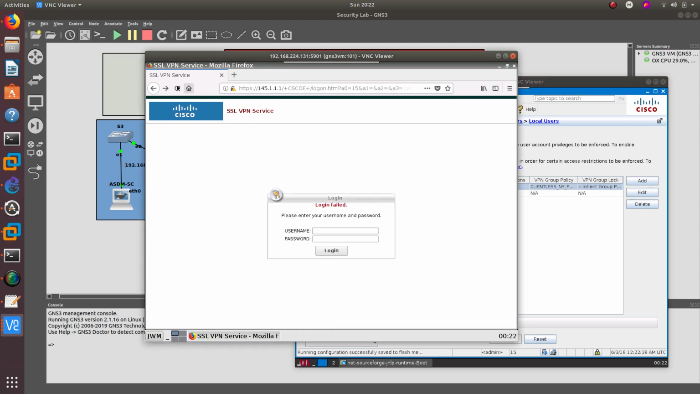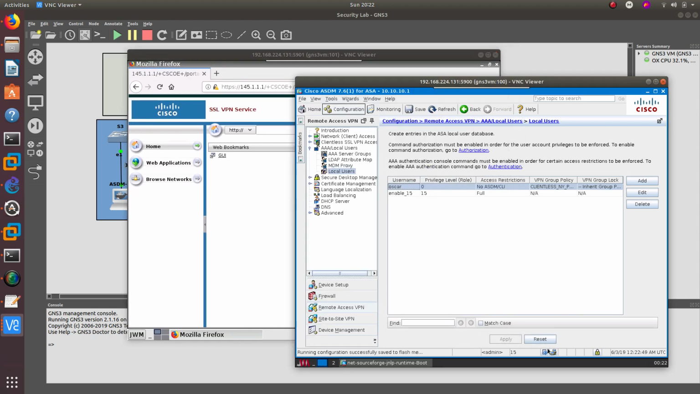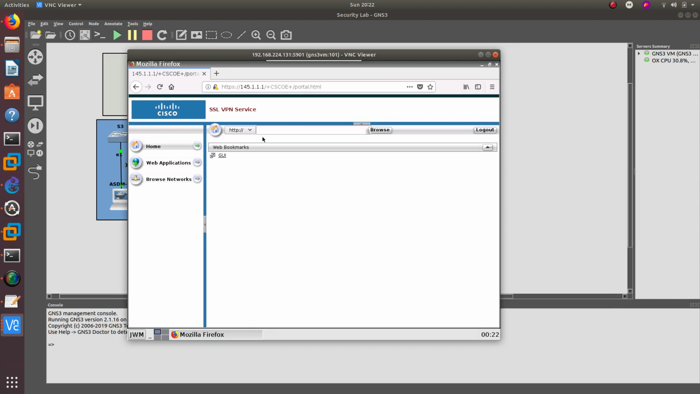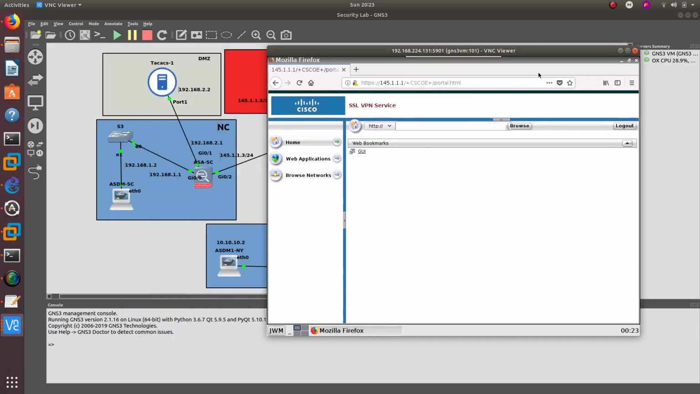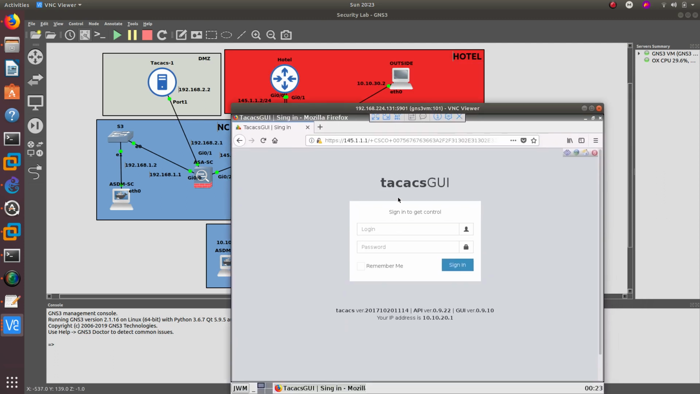Okay, let's go ahead and refresh this over here. Let's go ahead to asker, 123. There you go. Okay, so I don't know why it wasn't working. I think because I did not save my configurations for that user. But now if we go to that GUI, we should be able to log into that GUI, and I believe